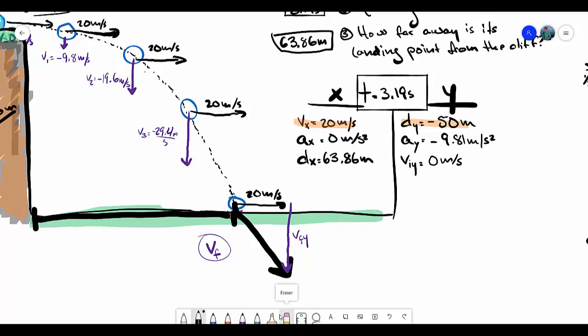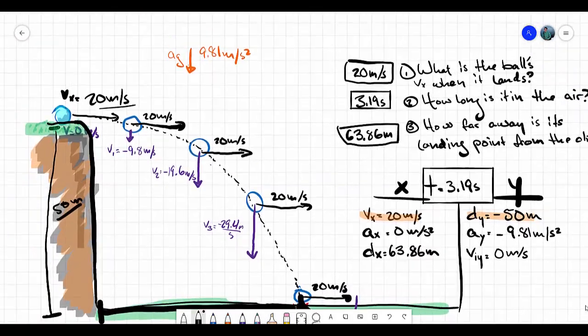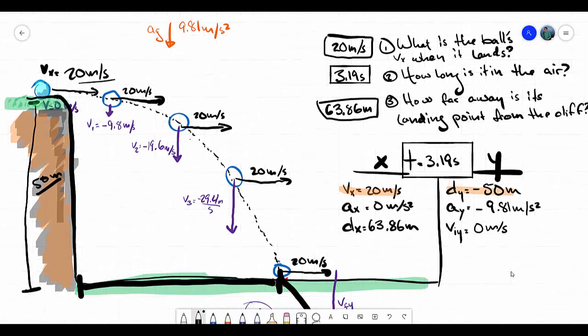So to find out the final velocity on the y, there are so many equations you can use because we have so much data at this point. I would go with the simplest route. I personally think Vf equals Vi plus at is the most obvious way to go. So we're solving for Vf, and this is the Vf of y. It's equal to the Vi of y plus the a of y,